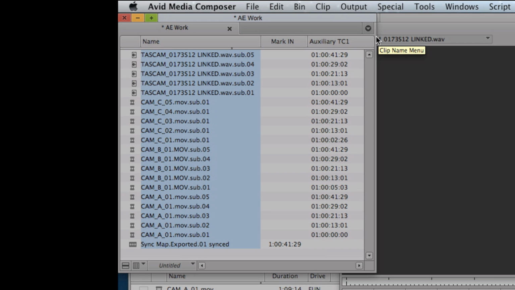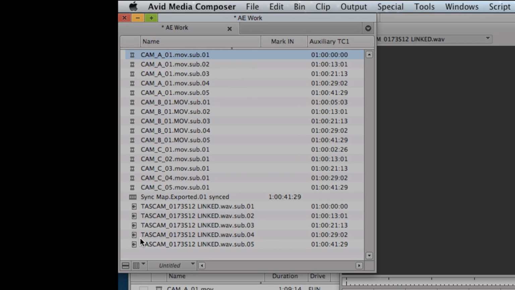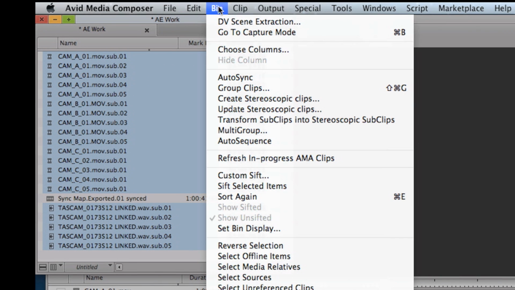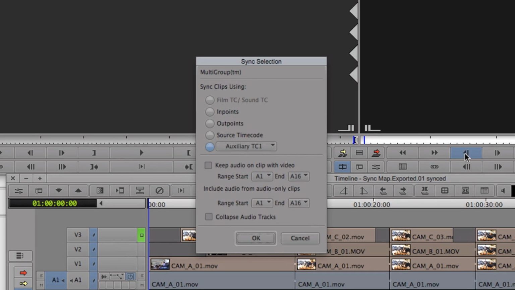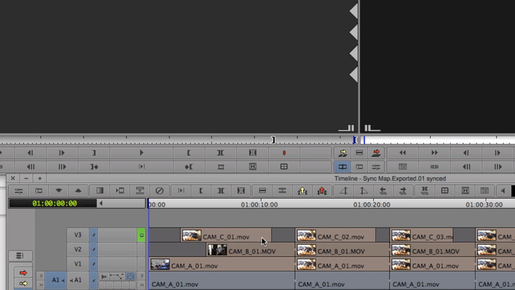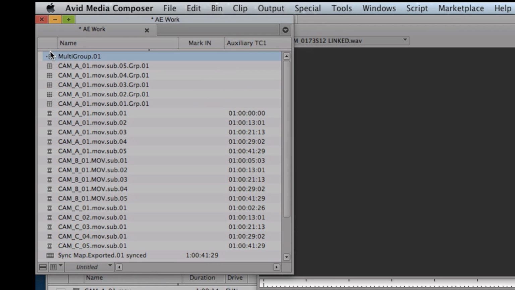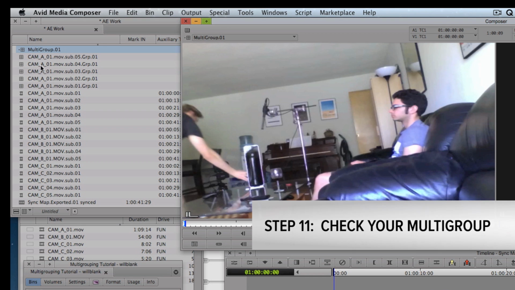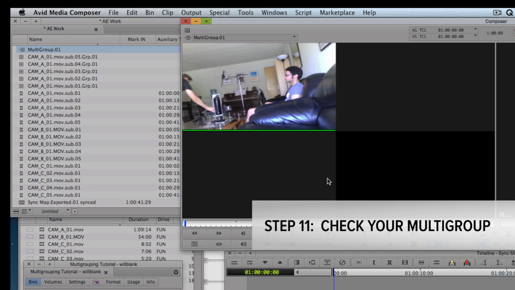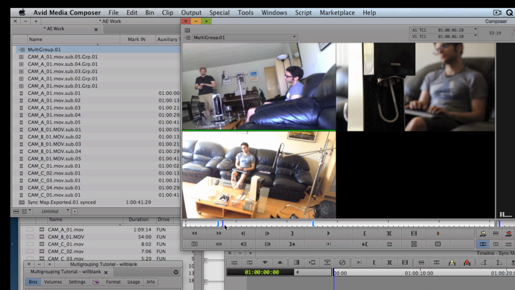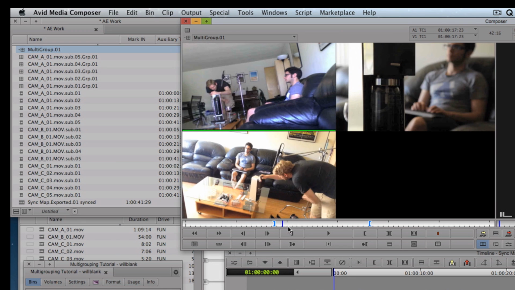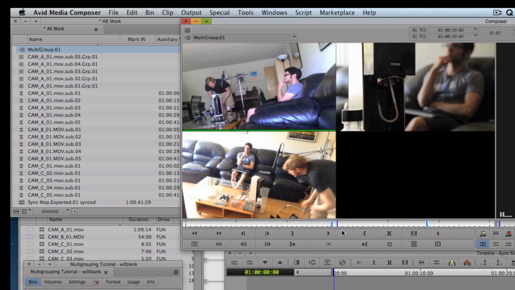Select the name column and type Command E. Select all your clips, don't select your sync map. Go up to bin, multigroup, make sure auxiliary timecode is what you're syncing with. Click OK, and there you have it. Double click your multigroup, quad split view, and scrub through it, and you can see roughly that the footage is